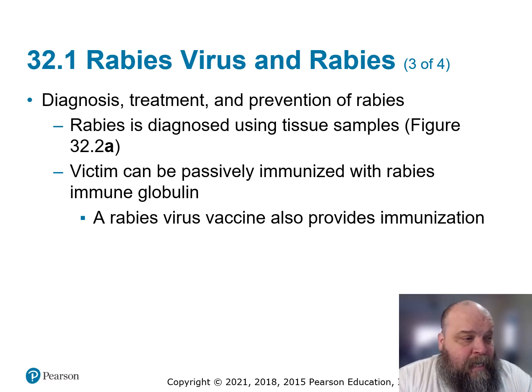Treatment, like I said, is immunization. They're going to give you the virus vaccine. It's an attenuated virus. Attenuated means it doesn't quite work right. So this is going to get in, it's going to infect, and it's going to slowly kind of make an infection, but not really. Mostly it's there so that your immune system can phagocytize it, present it to B cells, so the B cells can learn it and start making antibodies.